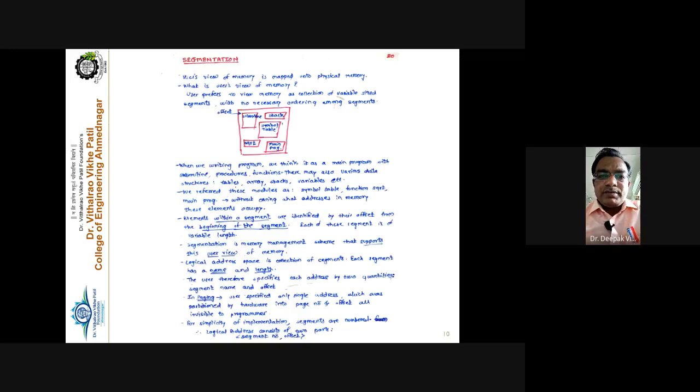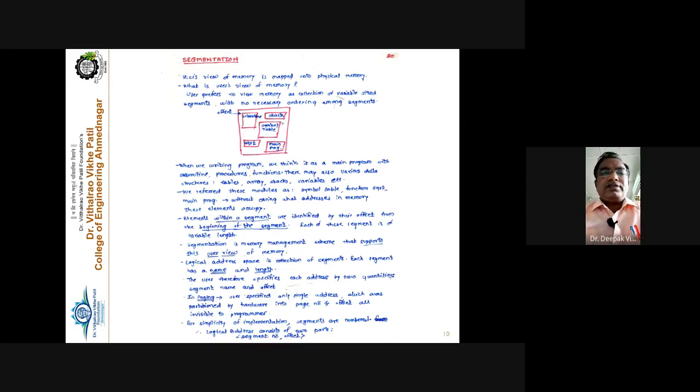In case of paging, the main memory is divided into a number of frames, and the logical address space is divided into a number of pages, right? You load the pages into the frames, and all the pages need to be loaded inside the frames so that the process is completely loaded in main memory and starts its execution. Now what happens if we go for the next memory management technique, which is called segmentation? We'll see in detail what exactly segmentation is.